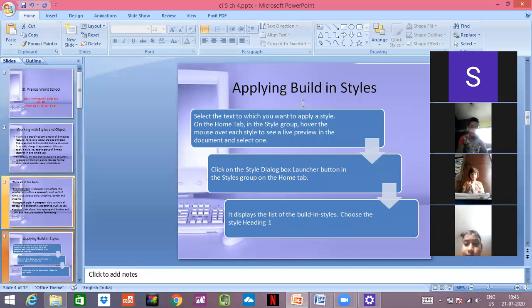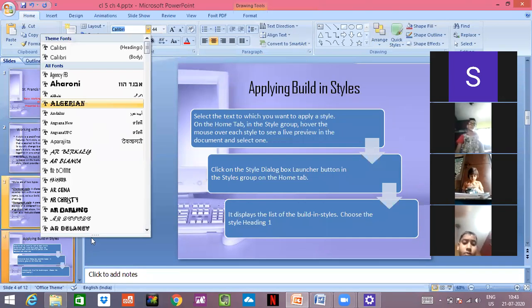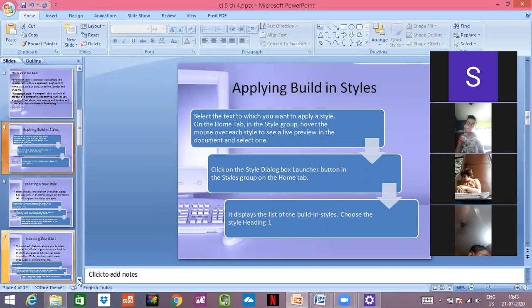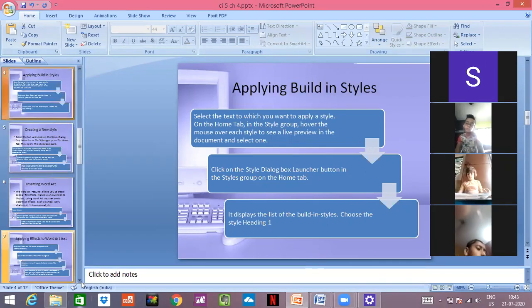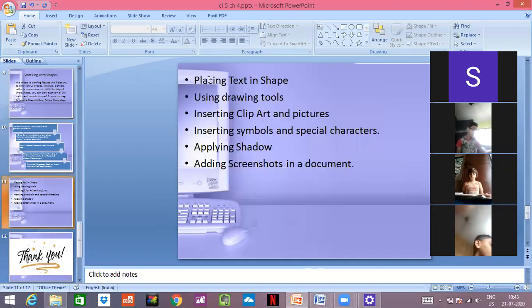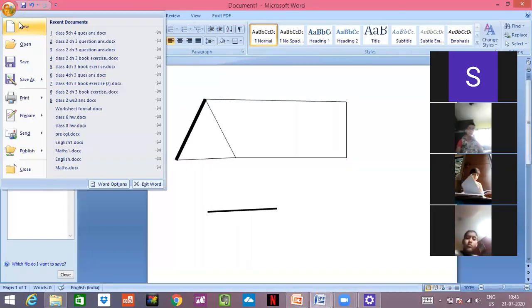It was simple, just select the text and select the style whichever you want, and I can go for different styles. So this was selecting the style, inserting a word art, and after inserting a word art and shape, today we'll be discussing these things. So let's begin. I have opened it. Let's go for new.